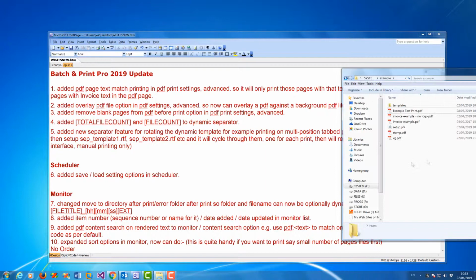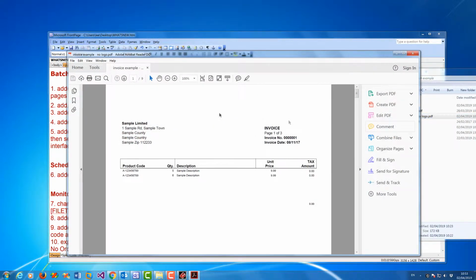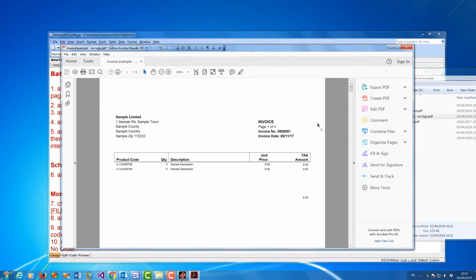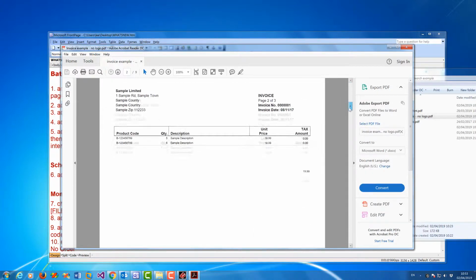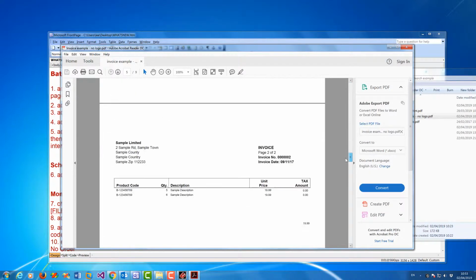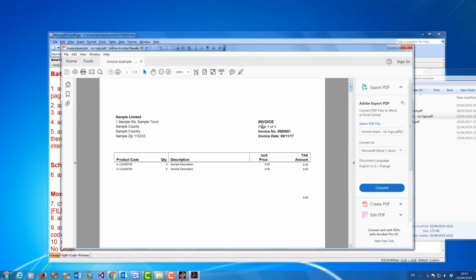So for example, I've got this invoice file here, this PDF, which is full of invoices, multiple pages. Now I just want to print, say, page 1 of every invoice without having to split it up or anything. So just copy that text,